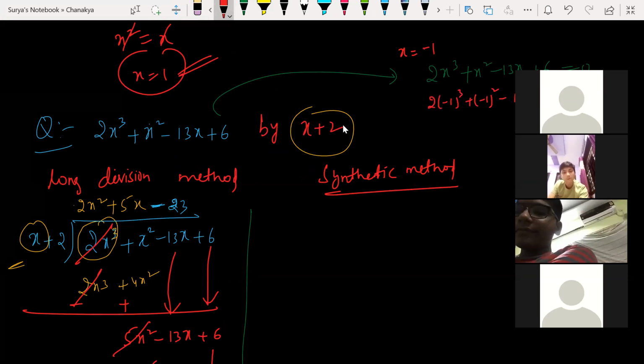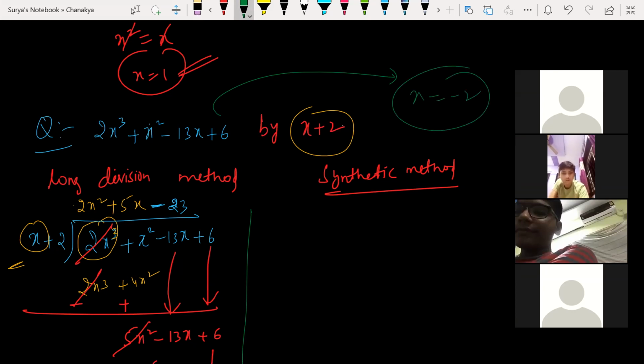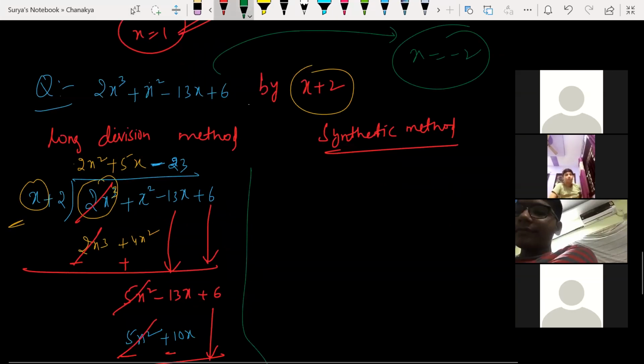So minus 1 is not possible. See here, why? Because I'm not getting 0 equal to 0. Yes, tell me, Kavya. Sir, why are you taking minus 1, sir? When x plus 2 is equal to 0, we'll get x is equal to minus 2. Yes, see, x equal to minus 2 I have taken. So if I take x equal to minus 2, my remainder was something different, right? So then did we make any calculation mistake?